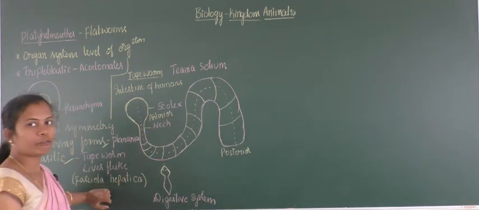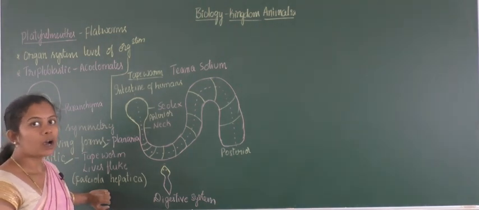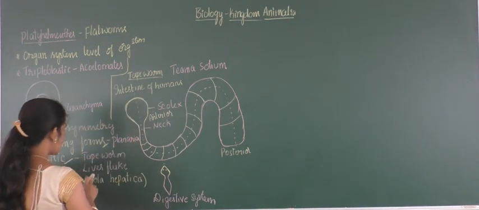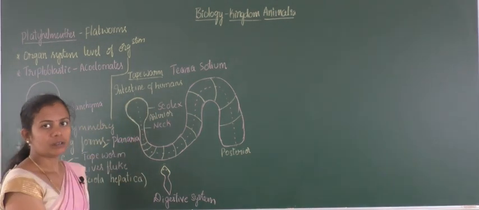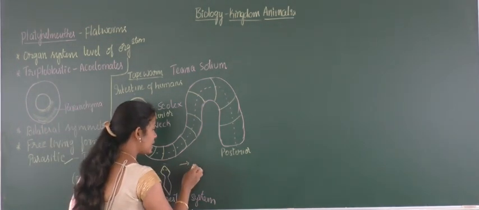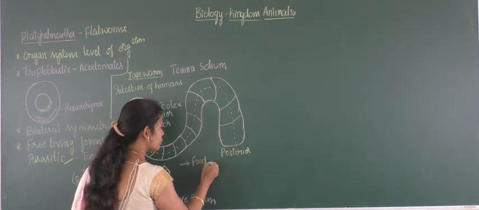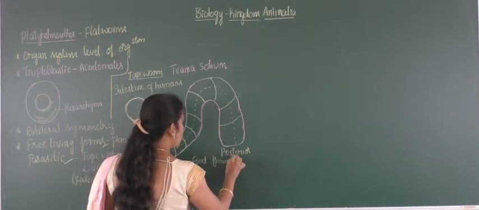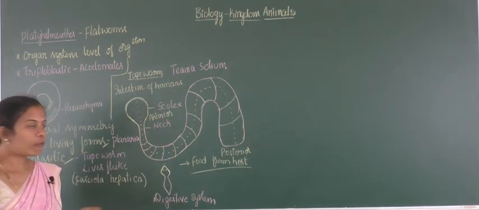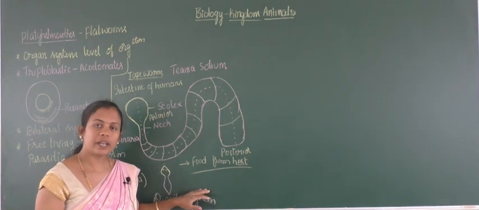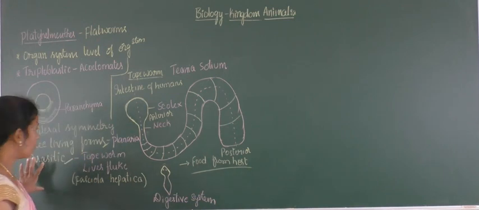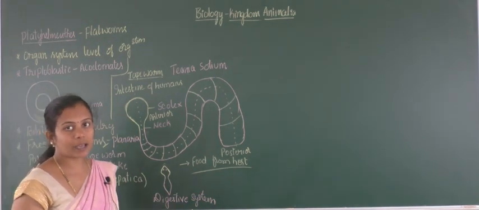But when we come to tapeworm or the liver fluke, these are parasitic forms of platyhelminthes. These live in the intestine of humans, and these live in the liver of humans. They are parasitic organisms. So that's why they take their food directly from the host. They need not have their own digestive system. So that's why they form the parasitic mode of life and get the nutrition from the host organism, right? This is regarding the forms or maybe their habitat where they are living.